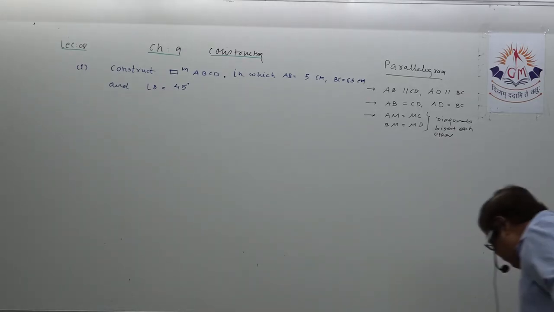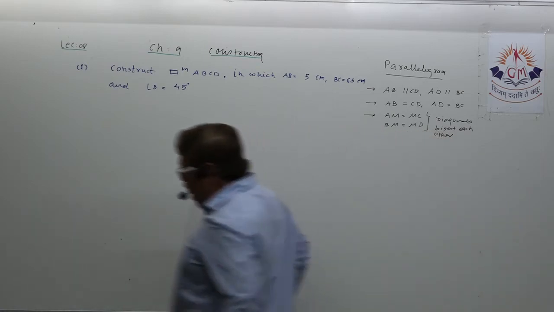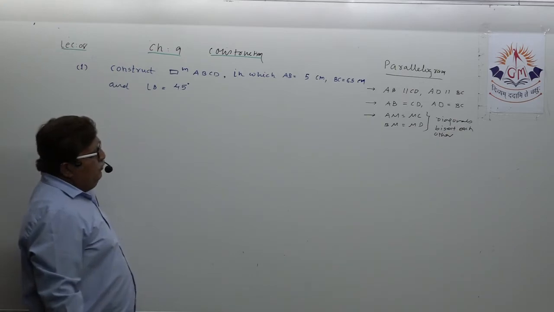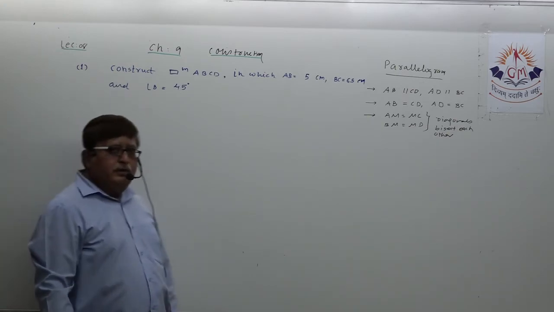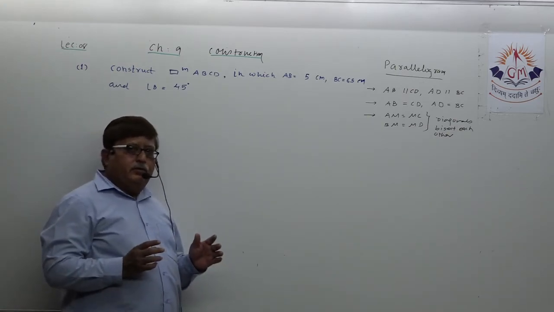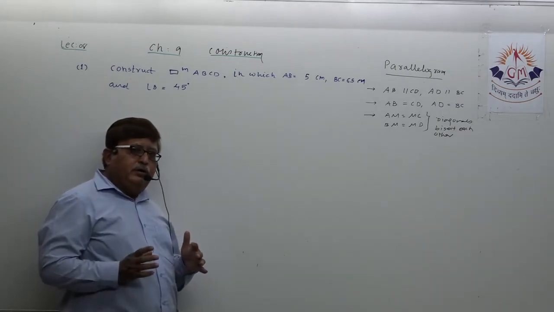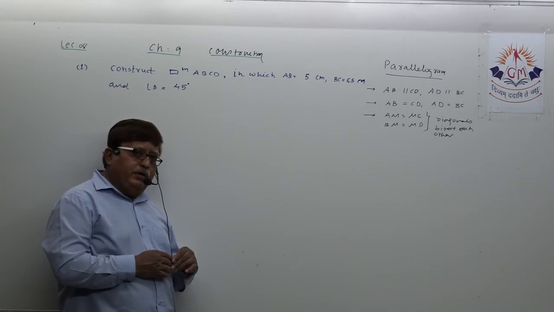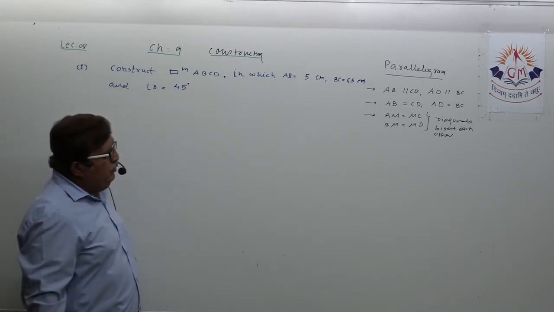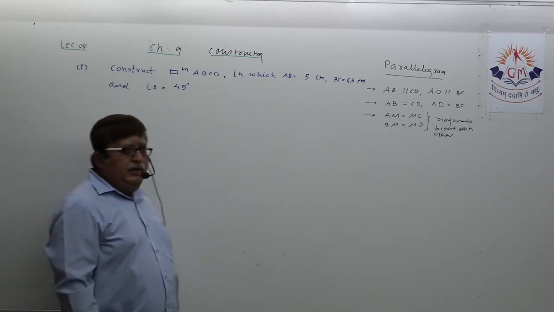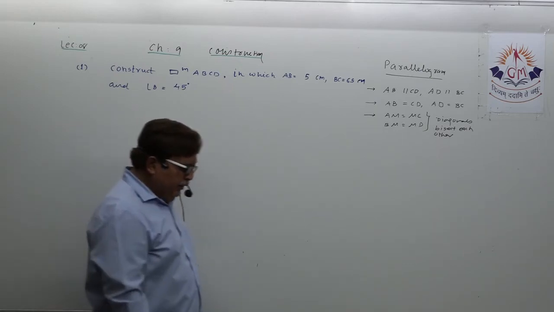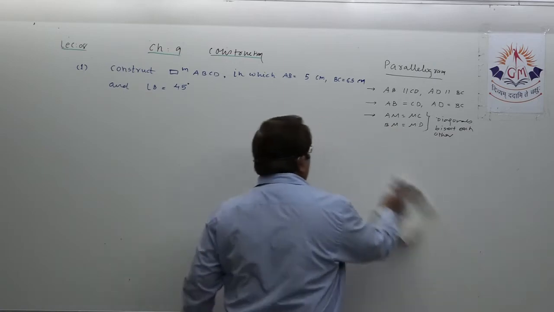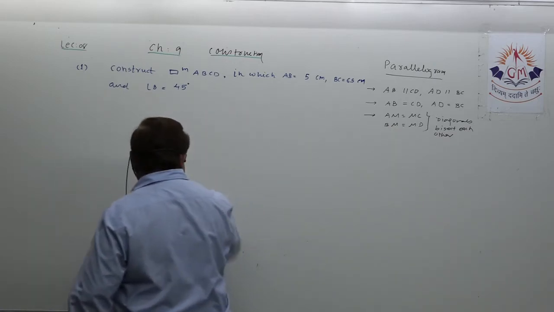And then we will do the construction. What has been given in data, and once we draw the rough sketch, the rough sketch is going to give you the complete explanation of how to construct the parallelogram. Understand? That will give you complete analysis of this. First, our target is to draw a rough sketch from the given data.